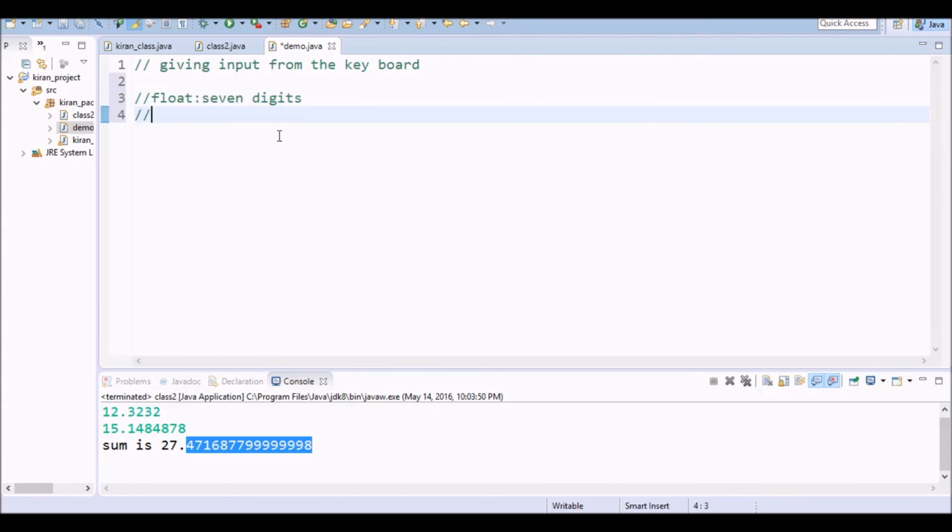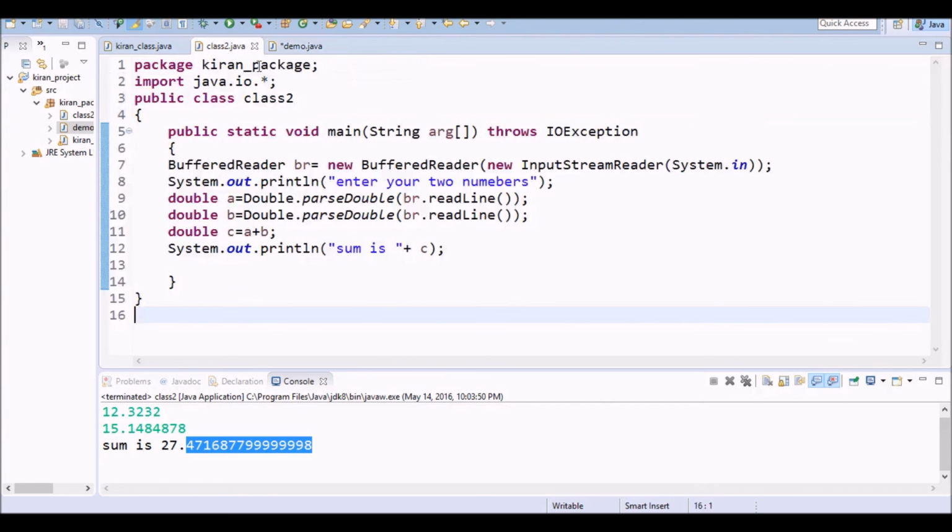So what is the difference between float and double? Float will only represent 7 digits after the decimal point. And double can represent 15 digits after the decimal point. Okay, this is the difference between float and double.